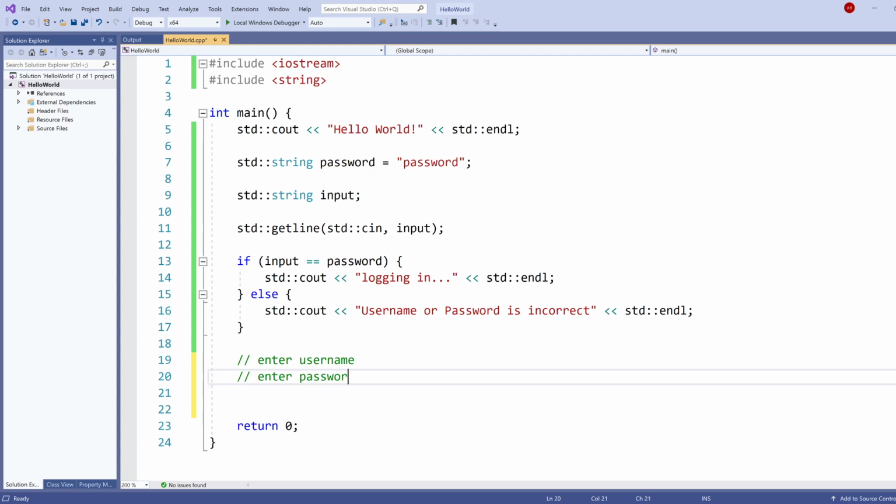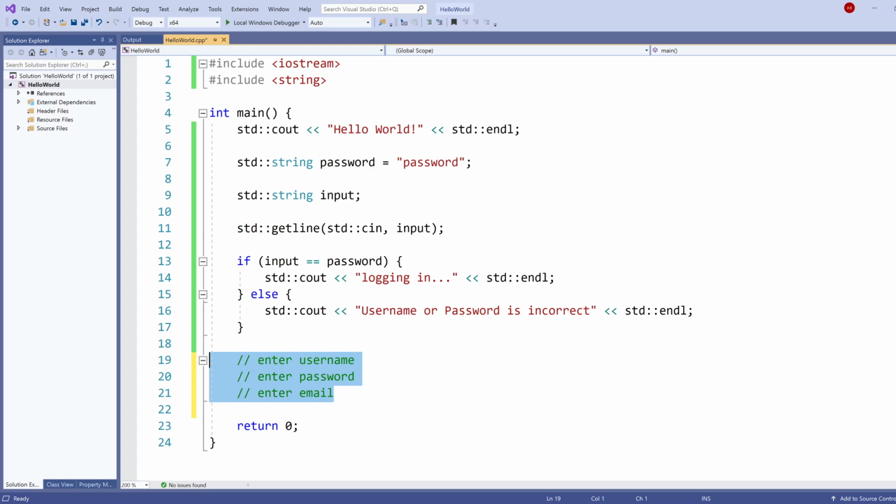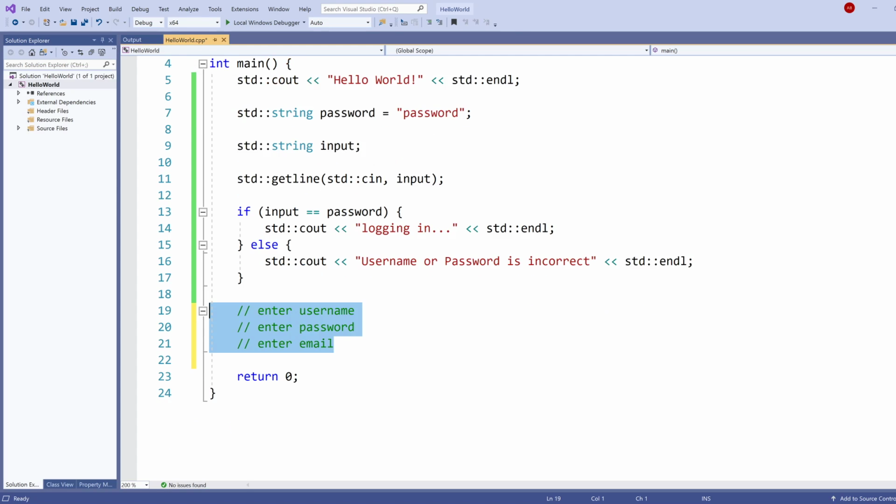Enter password, and these are presumably some things that you're going to print to the terminal so that the user then types something in. Enter password, and then maybe enter email. So once you've done these and you've taken them from the user, store them inside a variable, and then print something like